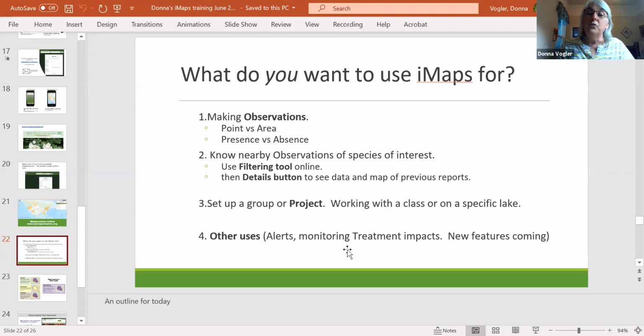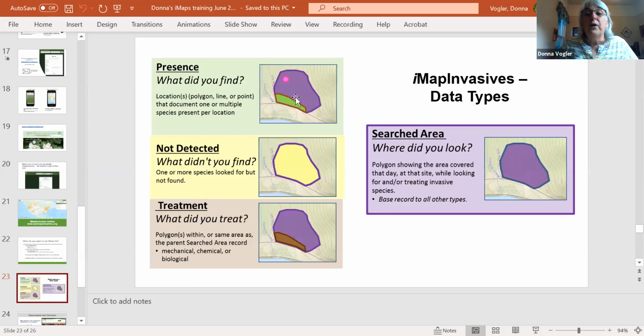And so as we do this, you'll see whether it's a point or an area, or a presence point or an absence point. Let me just go to this slide to sort of illustrate that. So for presence, this tiny little yellow or pink dot on the top graphic, that's just a point occurrence. And that's how most of your points will go. But if you decide to draw, and you can highlight and draw a particular polygon like this, you can say it was present throughout that area, not just at that single point. So that's what we mean by the area versus a point.